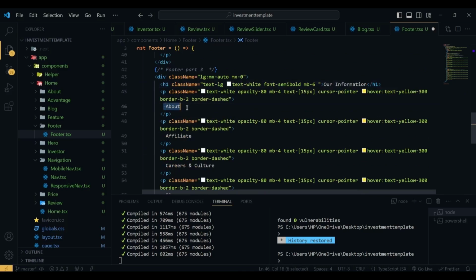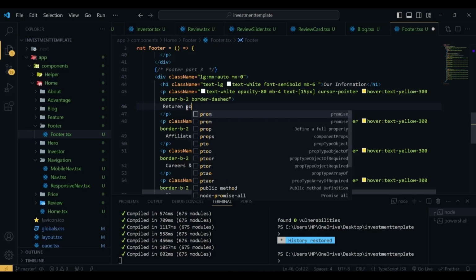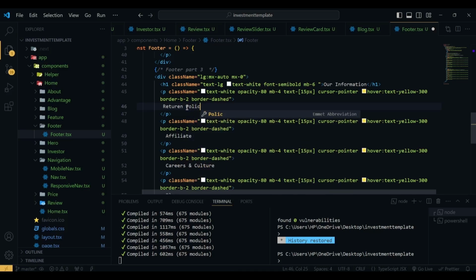Then for the links we have return policy, then we have privacy policy, return policy, privacy policy,